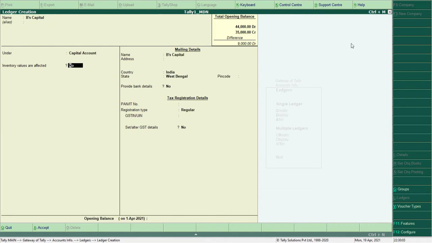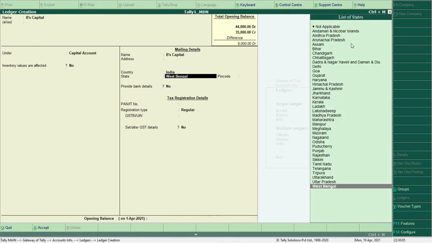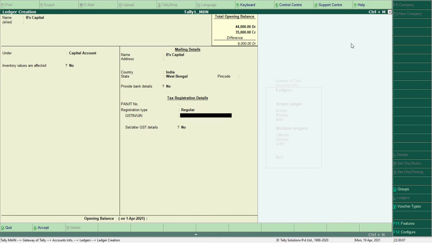This is also capital account. This will be 11,000, which is the amount given. See, automatically, because of the group which you are inputting correctly, the CR or DR is appropriately coming in. So if it is correct, you will get it automatically on the screen. Next, after A's capital, B's capital, which you have already done as a ledger.